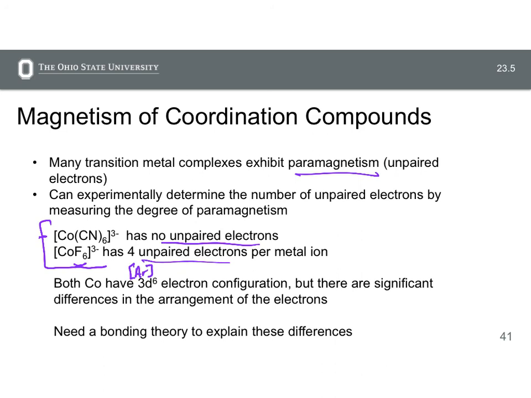So why does that happen? Why do these different ligands cause that effect to happen? We're going to need a bonding theory in order to be able to explain that, and that's